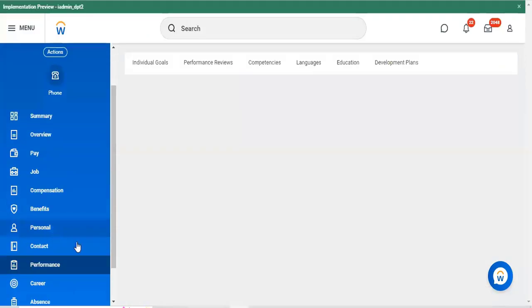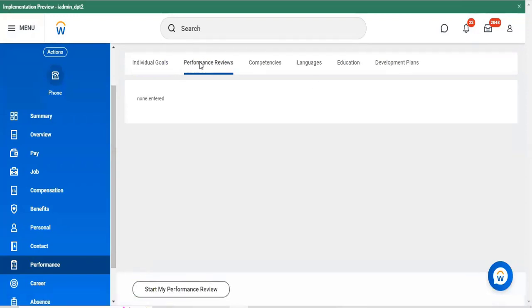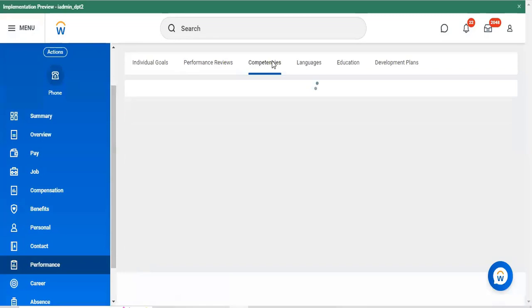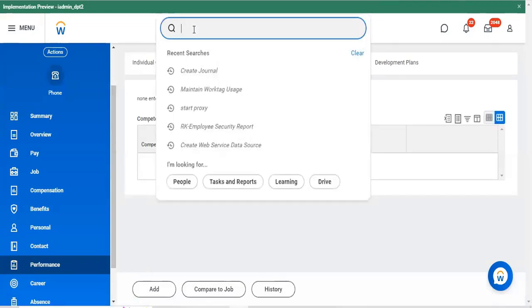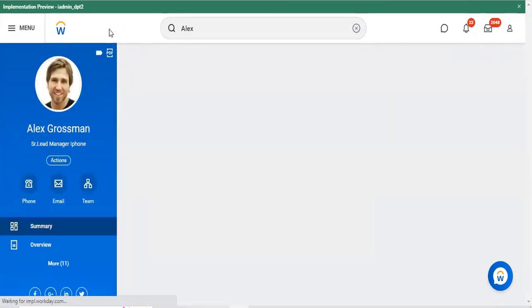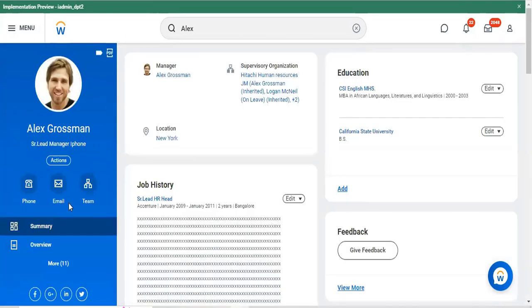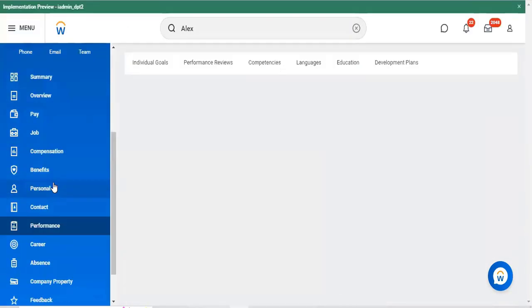Coming to, if you want his performance related activity, you can see his performance related information here. Go with performance review. As of now, no data is available, but I'll show you. Wait, I'll pick any other employee. Alex Grossman is one of the employees, a test employee, which we created recently to give you more understanding. Coming to the performance,